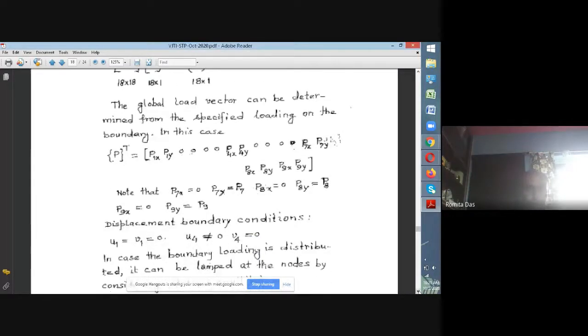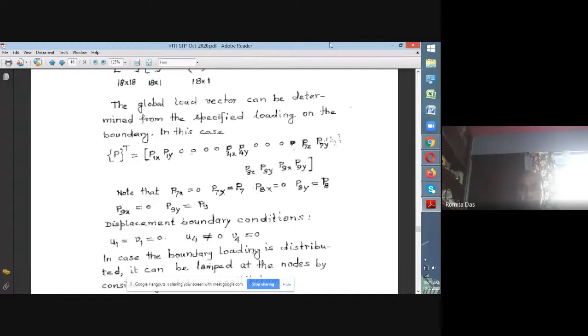And the boundary conditions specified here: node 1 is fixed in both the x and y directions. Therefore we know that there is no displacement at node 1 in the x direction, and similarly no y displacement at node 1. So u1 and v1 are 0, known a priori. And u4 is actually going to be free because there is no load, but it is going to develop due to the Poisson's ratio effect, and that u4 is not known. We have to determine that. But the vertical displacement at node 4 is 0, so v4 is 0.